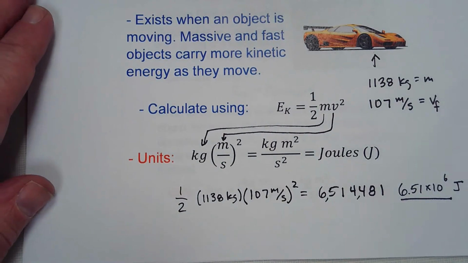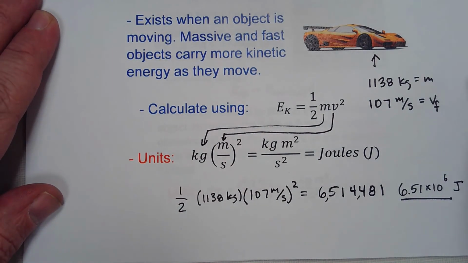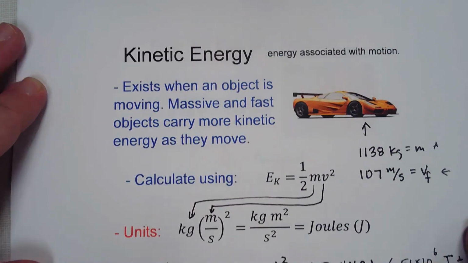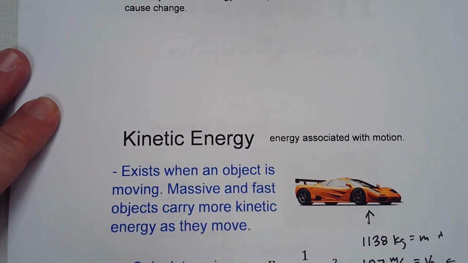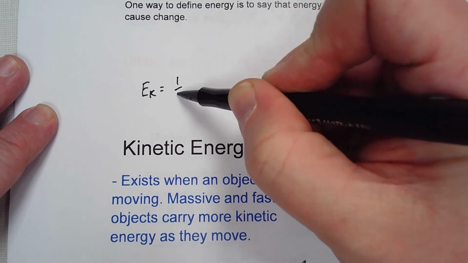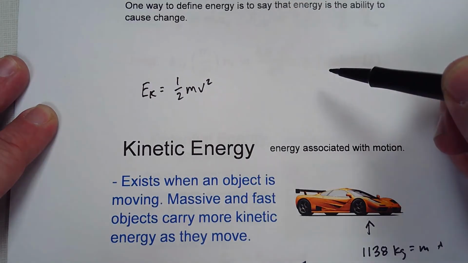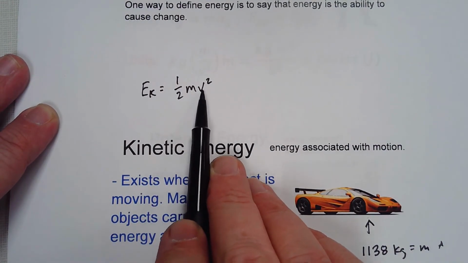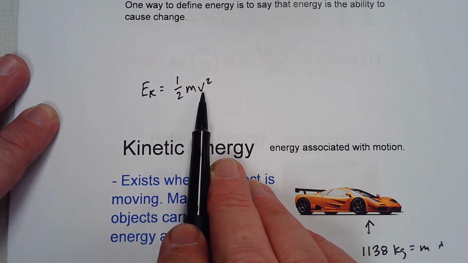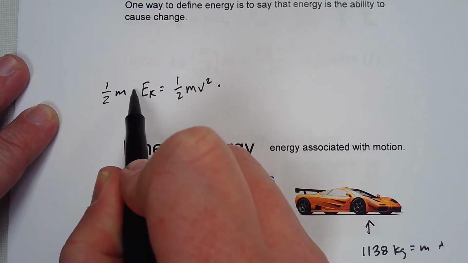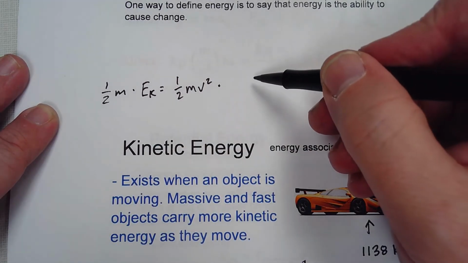So let's say that we knew the mass and the kinetic energy, and what we wanted to know is how fast is it going to go? Well, in that case, let's do this derivation up above the notes. If we know that the kinetic energy is related to half of the mass times the velocity squared, if we knew mass and kinetic energy and want to solve for speed, we need to first isolate the velocity on one side of the equation. So we'd multiply both sides by half times mass. What we'd have at that point is,